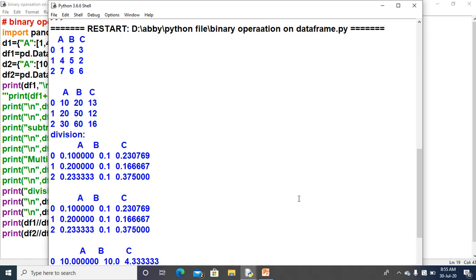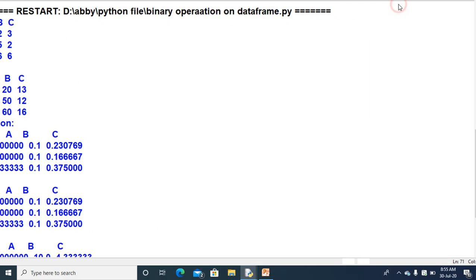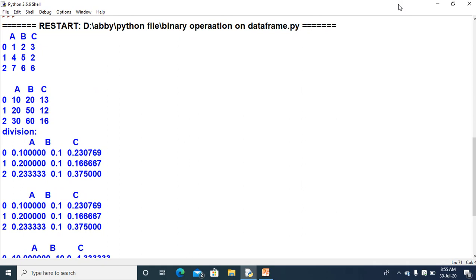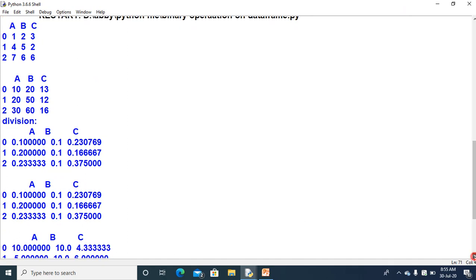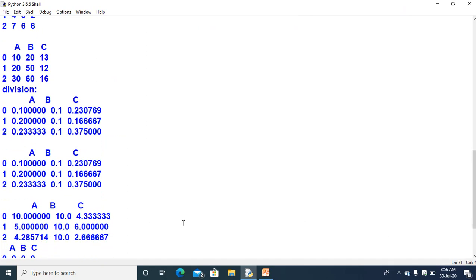For this and the div, df1.div inside the bracket df2, you will get the same result, no changes at all.